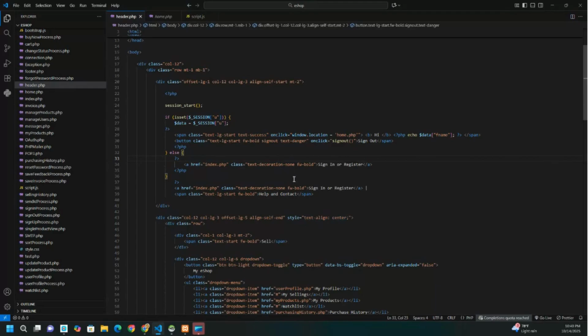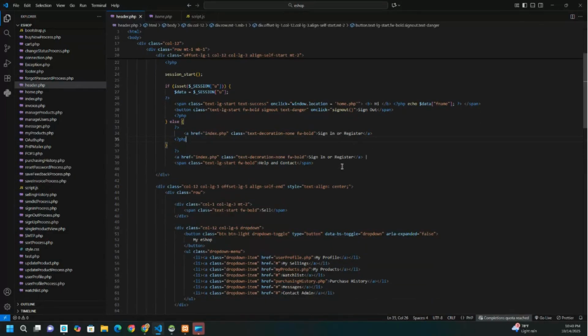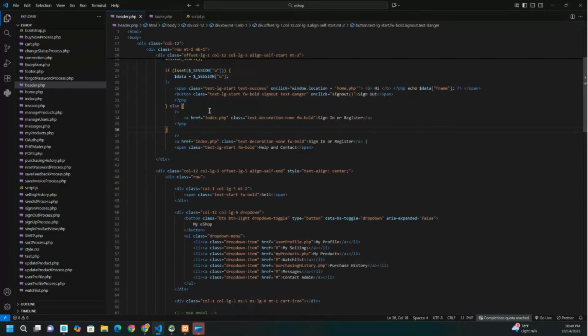Using that session, we also show a sign out button. This appears only when there's a user logged into the session. If no user is logged in, we use an else condition to show sign in or register instead. So basically, when a user is logged in, their first name is displayed in the header. If there is no user, we show